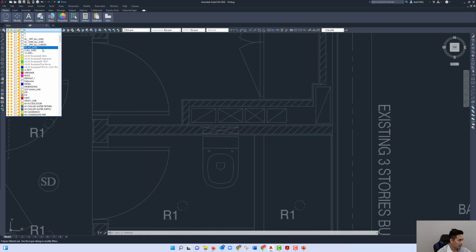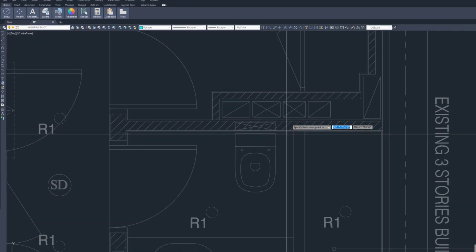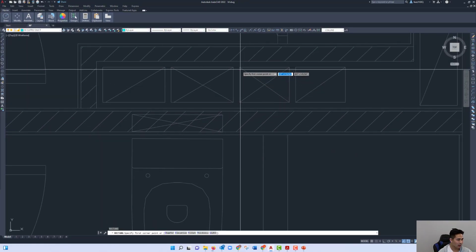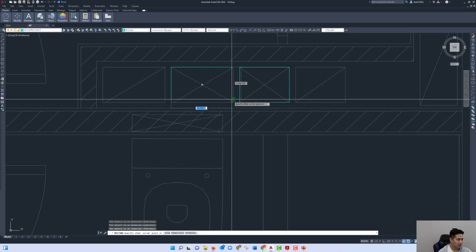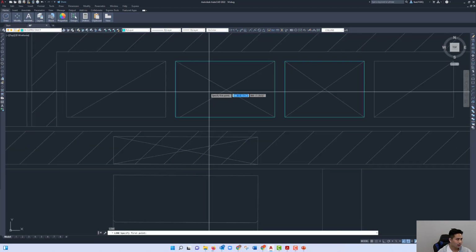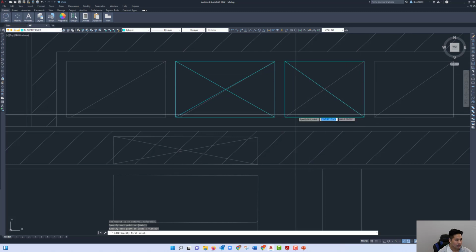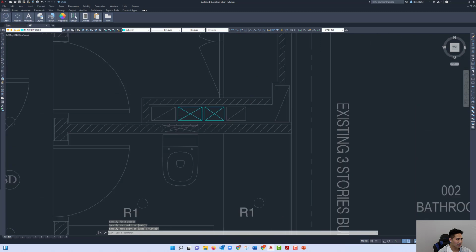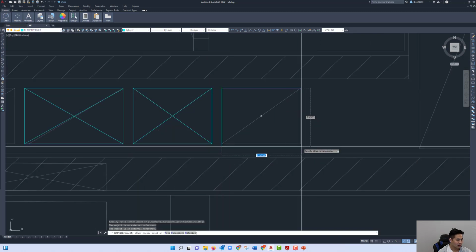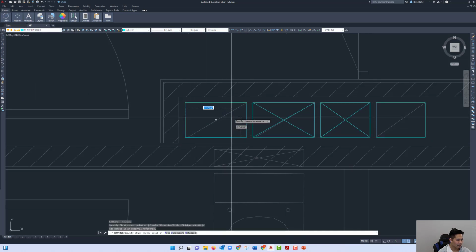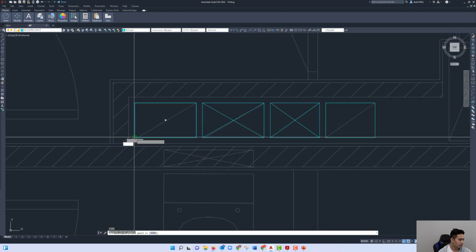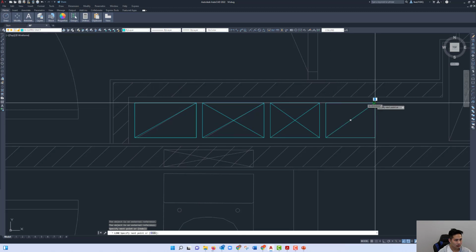So what I would do is, in this case, we move it. I type in M to go to these layers that start with M, and here the M stands for mechanical, so I'm going to select the mechanical supply duct layer here, and we're going to draw a box here for the supply and another box here for the supply, and make some lines this way. And these actually represent the return ducts. So I'm just going to do this, do this. These represent the return, so